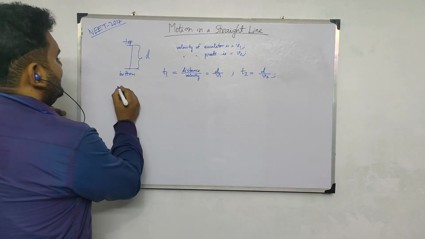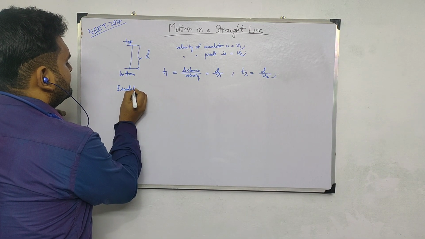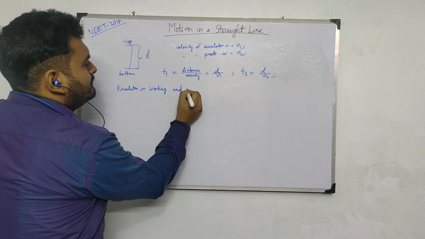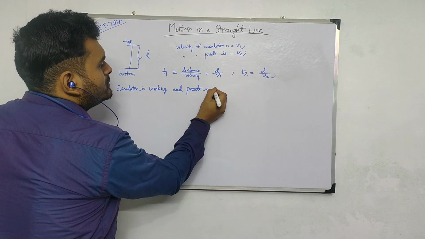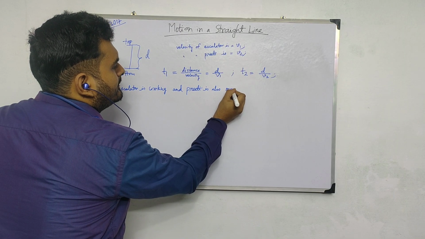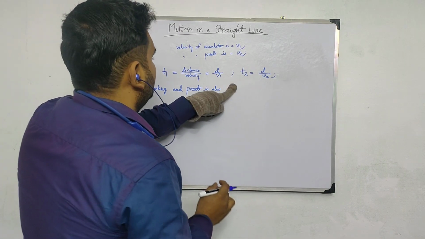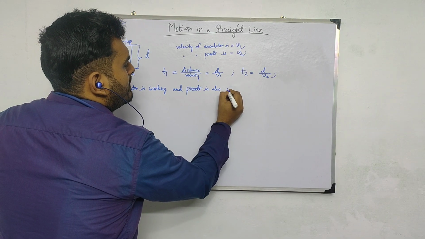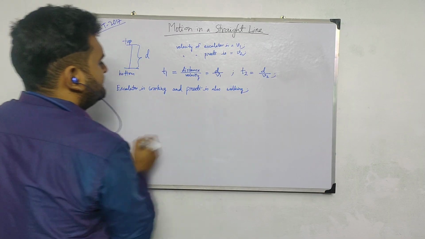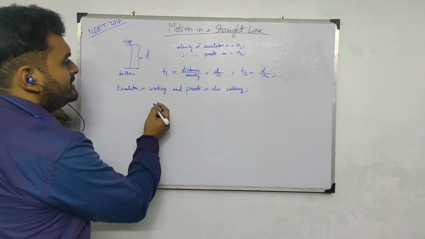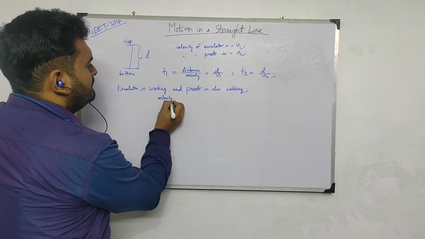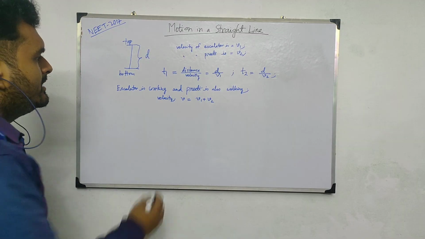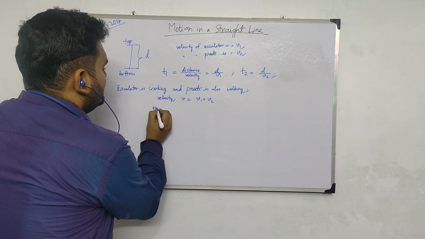Now in the third case, when the escalator is working and Preeti is also walking, that means in this case the velocity would be v1 plus v2, right? And the time t would be